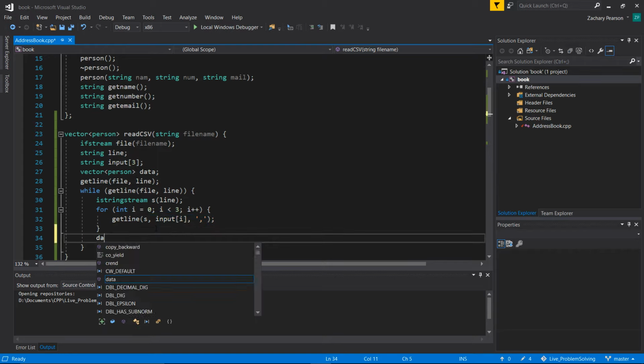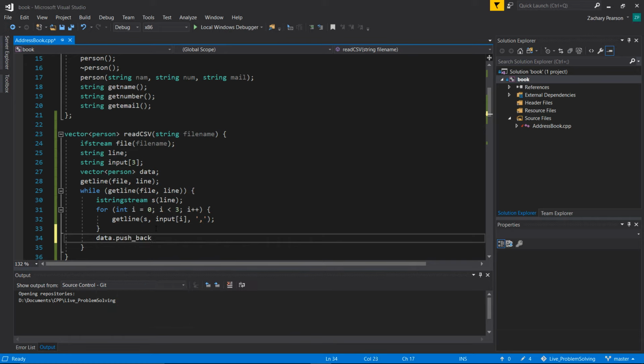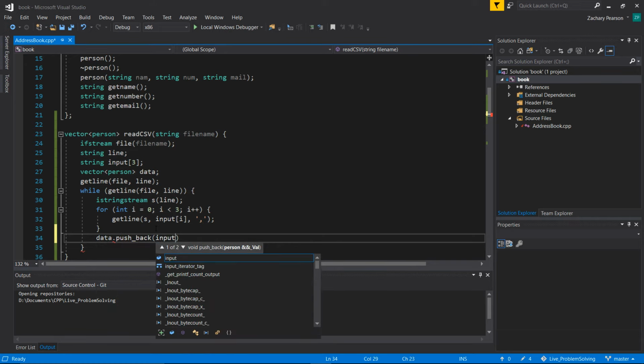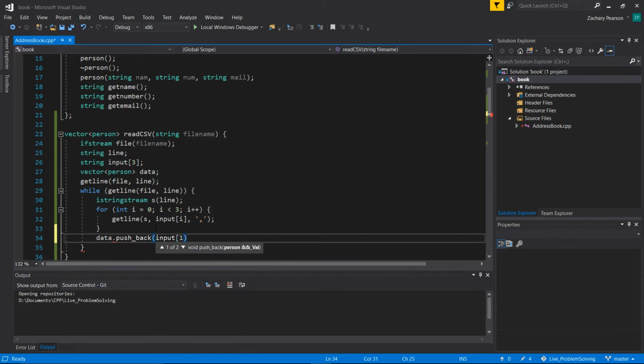And then we're just going to call data.push_back, and then we're going to push back input 1. Oh, we need to call person, a new person, input 0, input 1, and input 2. So then we have person of input 0, input 1, input 2, and that should all be separated by commas. So this one should be the name of whatever row that was. So the first one would be Zach, and then this one would be the number that we stored for Zach and the email that we stored for Zach, and I'll push that back,